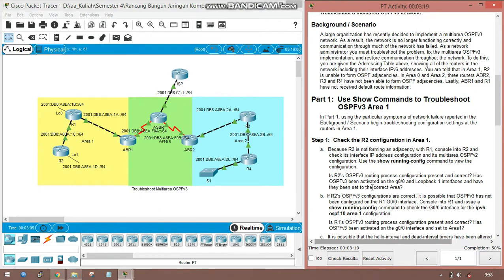A. Because R2 is not forming an adjacency with R1, console into R2 and check its interface IP address configuration and its multi-area OSPF version 3 configuration. Use the show running-config command to view the configuration. Is the R2 OSPF version 3 routing process configuration incorrect? Has OSPF version 3 been activated on the GigabitEthernet 0/0 and Loopback 1 interfaces, and have they been set to the correct area? Okay, langsung saja kita cek pada